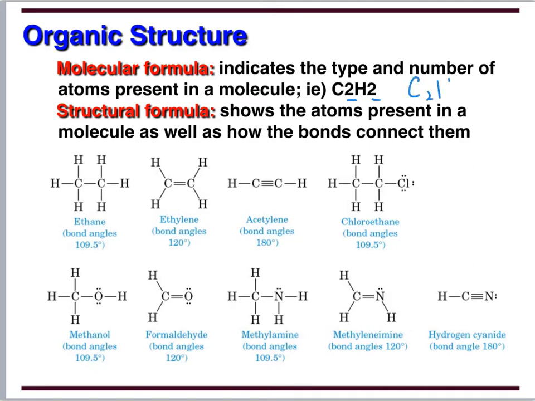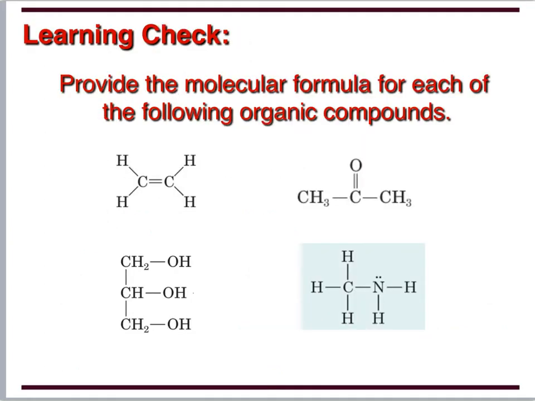So C2H2. When I do a structural formula, this is kind of like what we were doing when we were doing bonding and had to draw the shape of the molecule. So a structural formula shows how they are connected together. So all the atoms are there, but it's just showing us how to connect them together. So the pictures that you see there are all examples of structural formulas. So what I want you to do is take a moment right now, pause the video, see if you can find the molecular formula. So just the number of C's and the number of H's and O's and N's for